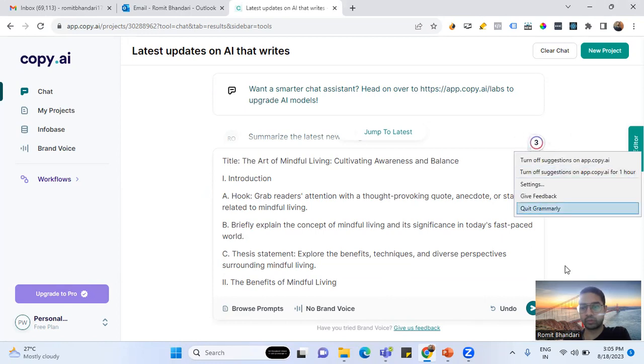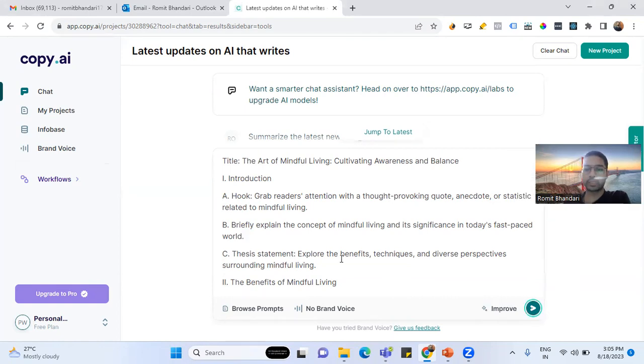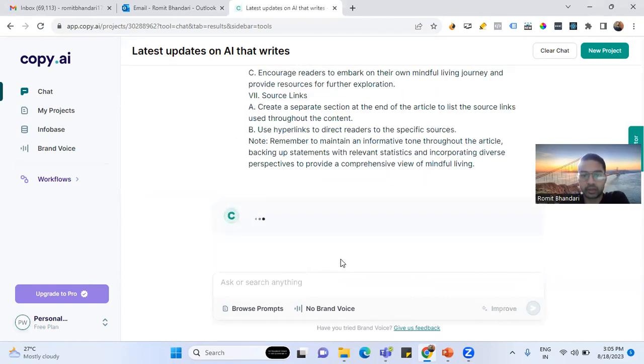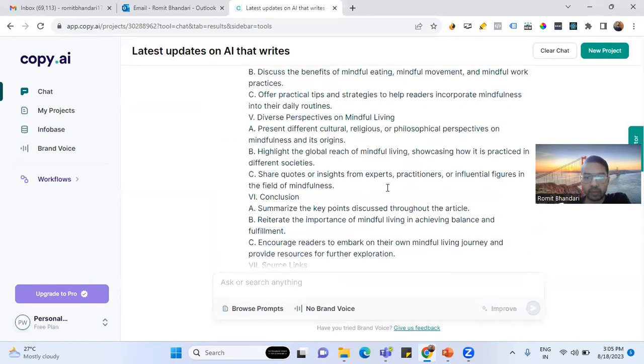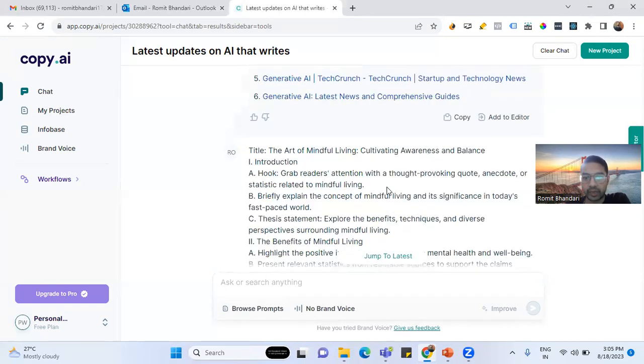Let's click on submit. So when I clicked on improve, it actually changed the prompt to something of this sort,